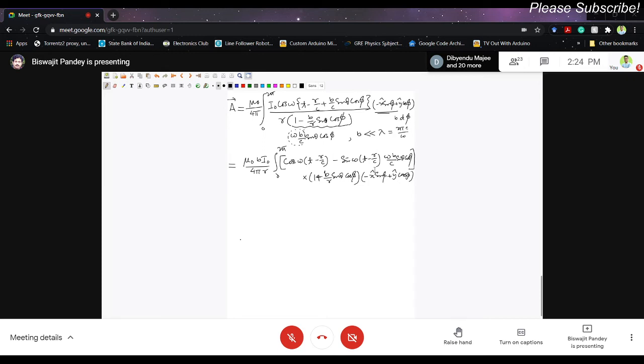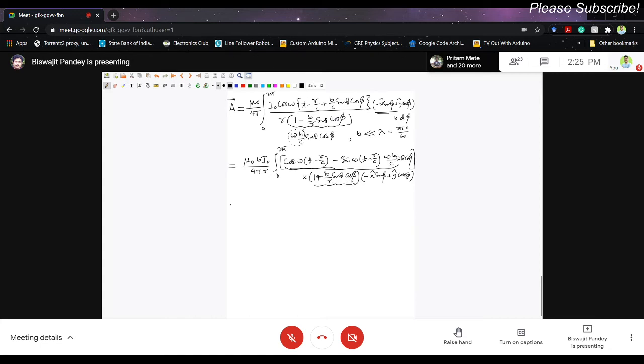Okay, to simplify it further, how to simplify that? Of course, we can multiply the individual terms. So there are three terms. This one into this one into this one. Let us keep this aside and only consider these two terms, this one and the first, this one and this one. First, let us simplify this, and then we'll go to the other one.